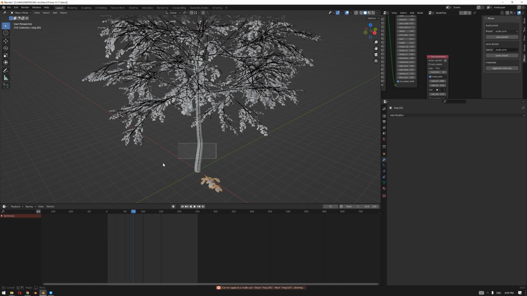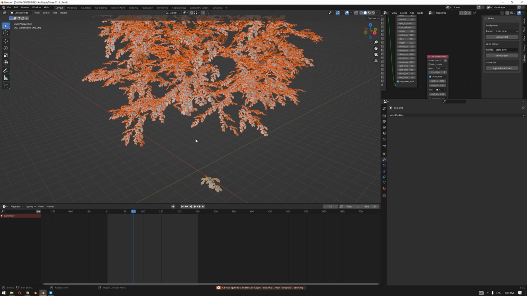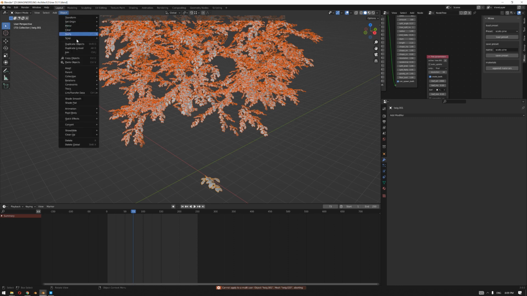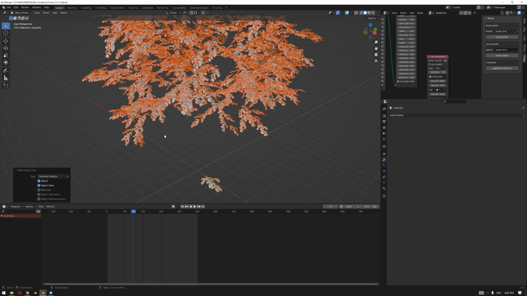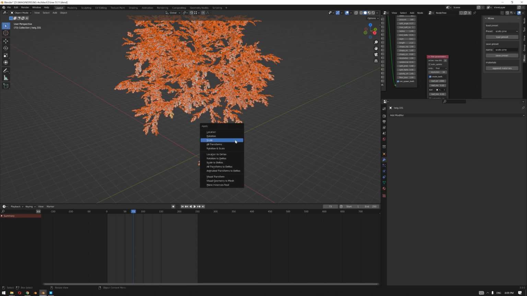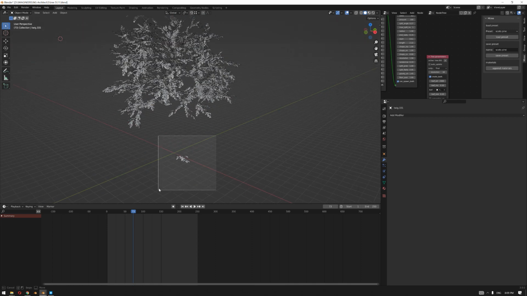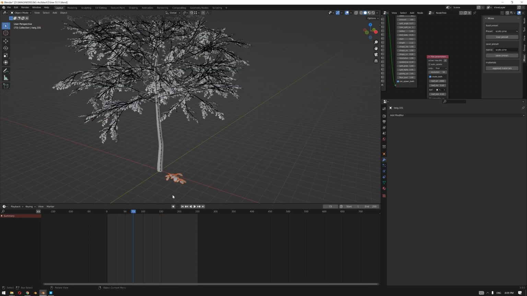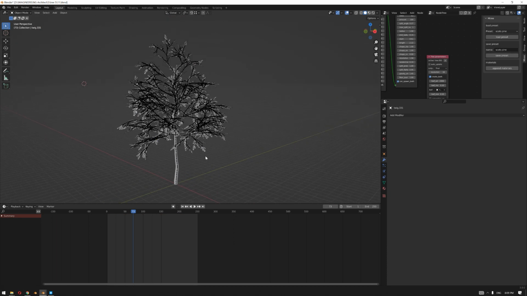So we're going to select them all and go to Object, then Relations, Make Single User, and we will select Object and Data. Don't select Object, Data and Materials, just Object and Data. And now they are actually separated. So if we apply a scale, we'll see now that it is possible to apply the scale. These two important steps will help us overcome a lot of issues later on.